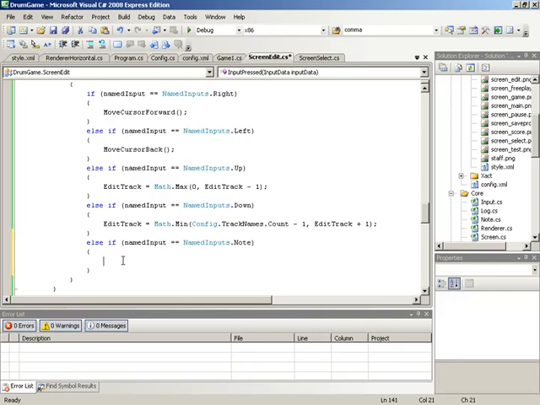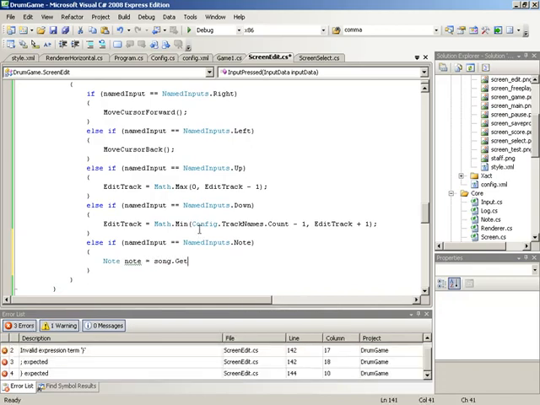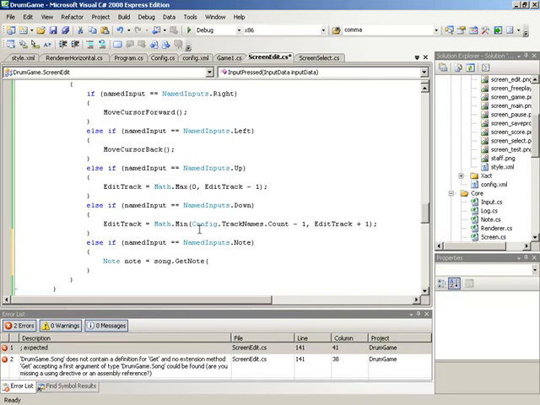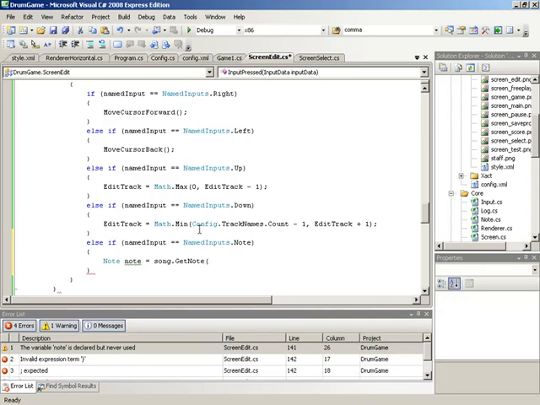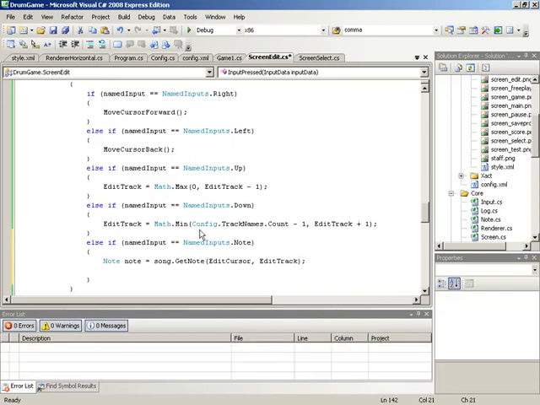So, what we'll do is we need to get access to a specific note by a tick value, and we'll do that using the song's getNote method. Once we get that note, we'll record it here into a local variable. So I'll make a variable called note. We'll set that to be equal to song.getNote, and we need to get a note at a specific tick and track, so we'll plug in edit cursor for our tick and edit track for our track. So get the note currently at the edit cursor. Now, if that note is equal to null,